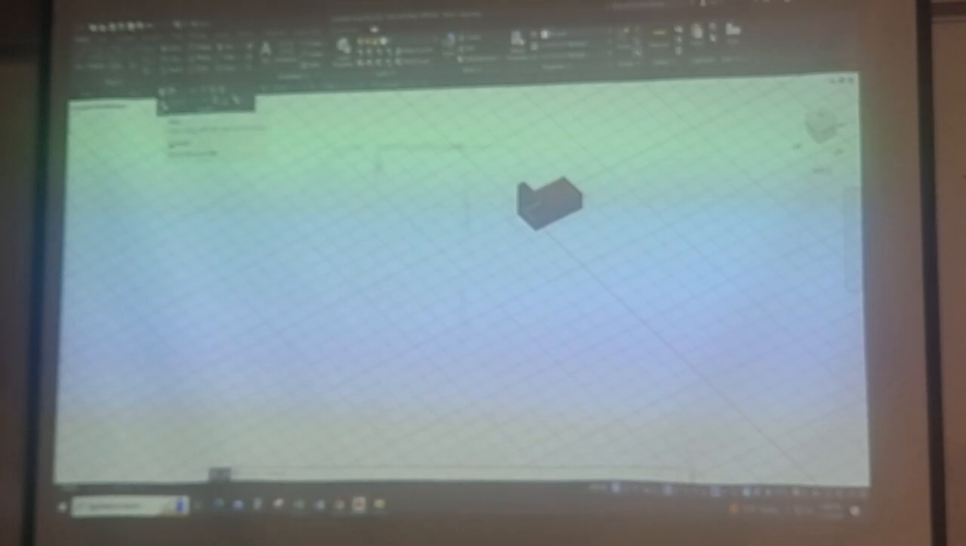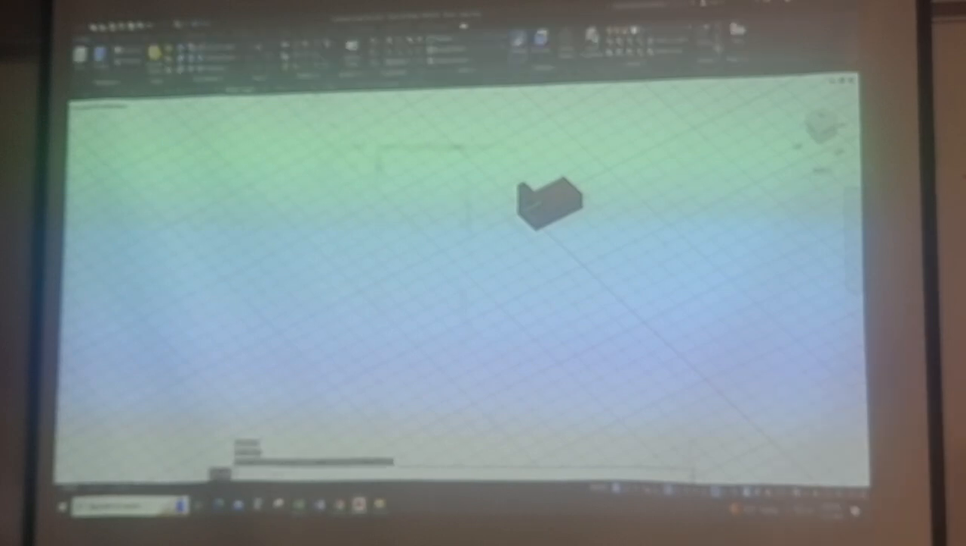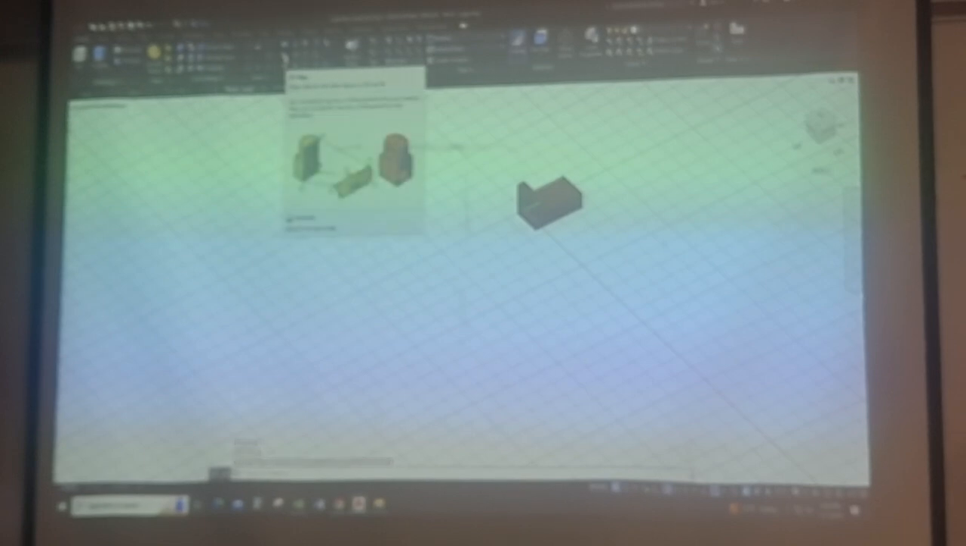Right here. That's what the button looks like. If I switch to 3D modeling, right here you'll see we have the 3D align. Both of them perform the exact same function, they just have a different process of going